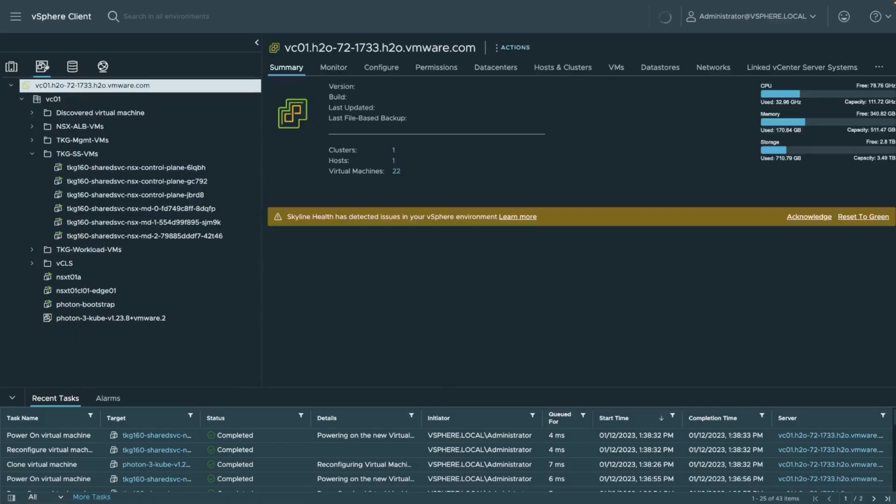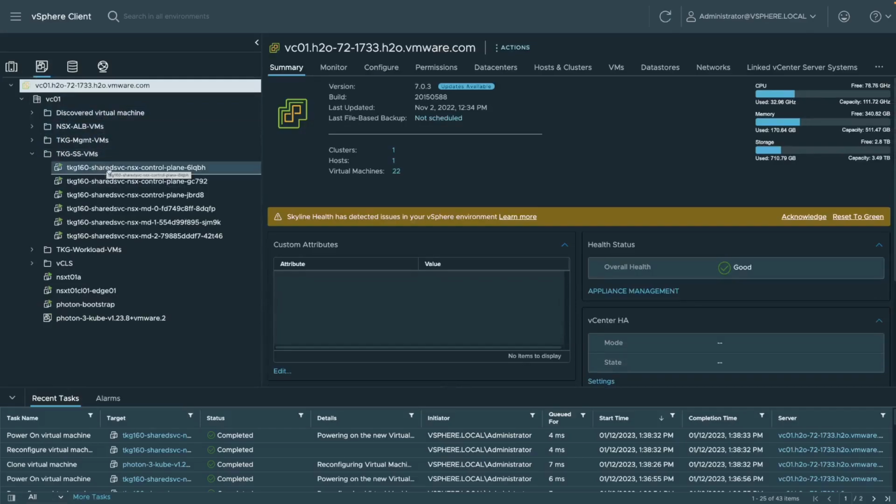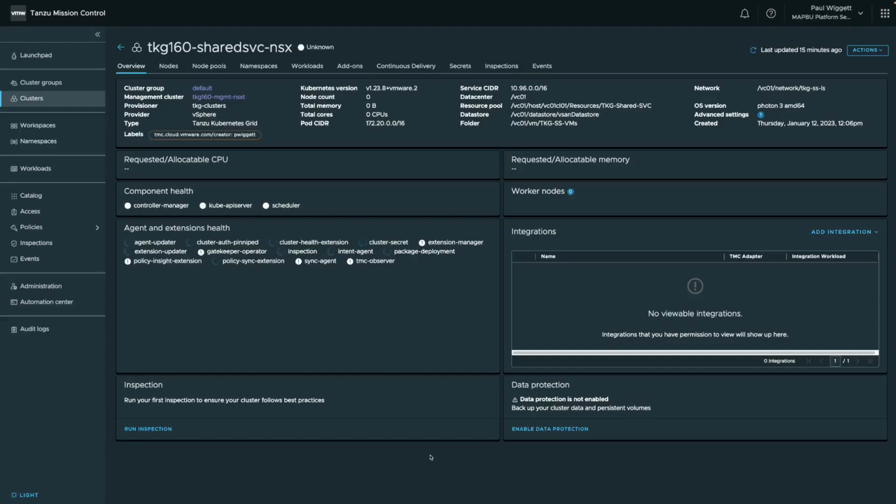So if we move over to the folders view, we can see that the 6 VMs that have been created are all organized under the TKG-SS-VMs folder, which we created specifically for the shared services cluster. So I'm now going to switch back over to the TMC UI to see how the cluster creation status is being reported. Switching back to the TMC UI, we can see that our new cluster is now listing with